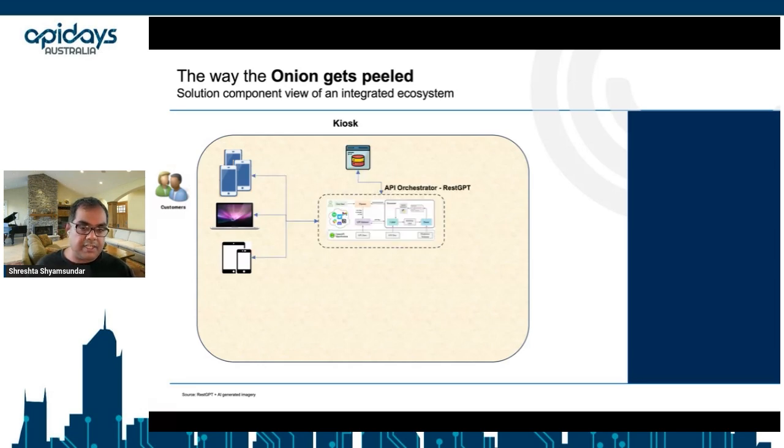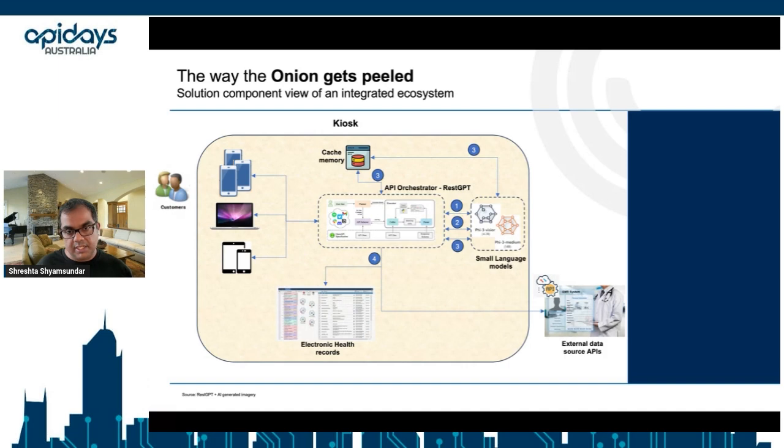And an API orchestrator such as RestGPT is able to work with these small language models to put together a plan as well as an executor, so that it's able to orchestrate, sequentialize certain APIs and agent flows as per the plan, and is also able to persist some of that information in its local cache in order for some of these features to come to life. We also designed it to persist a version of the electronic health records locally, while leveraging the API orchestrator to keep the external data sources up to date over a period of time through periodic updates and intervals.